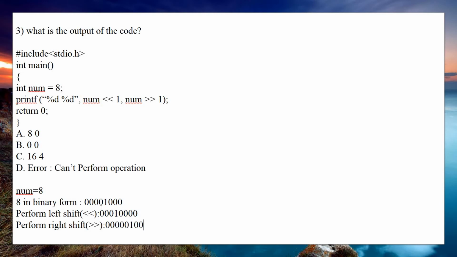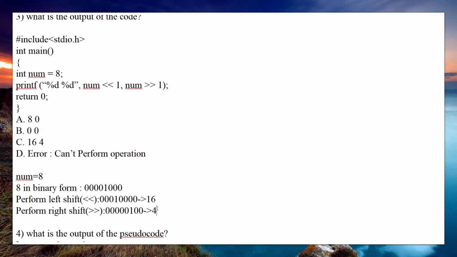So for this you need to perform right shift, not for this. So you perform the right shift for this. Here 0 is gone, so it will be 0 0 1, then after that the remaining 4 zeros, and 0 is added to the end. So the binary form of this is 16, and the decimal value for this is 4.